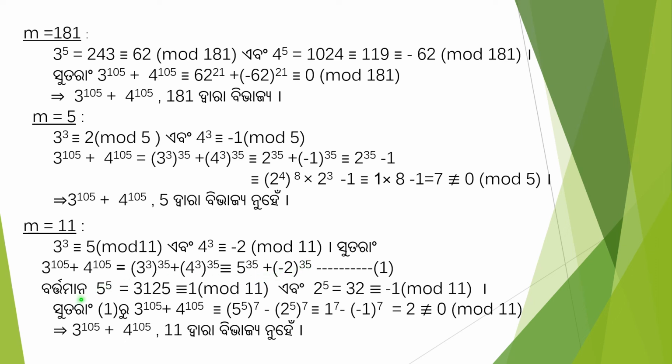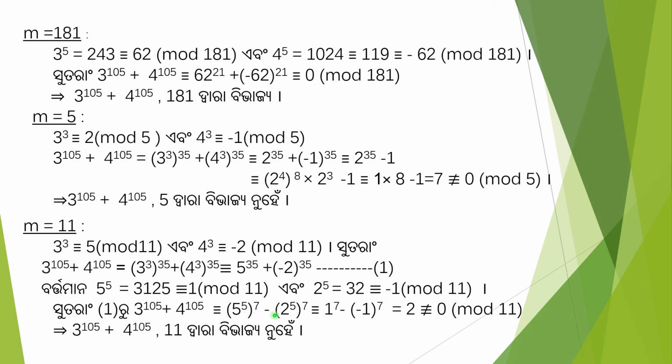Now we write it as an equation in terms of 5 to the power 5. We see that 5 to the power 35 appears, so to solve it we note that 5 to the power 5 is equal to 3125, that is congruent to 1 mod 11, and 2 to the power 5 equal to 32, that is congruent to minus 1 mod 11. So we get 3 to the power 105 plus 4 to the power 105 congruent to (5 to the power 5) whole to the power 7